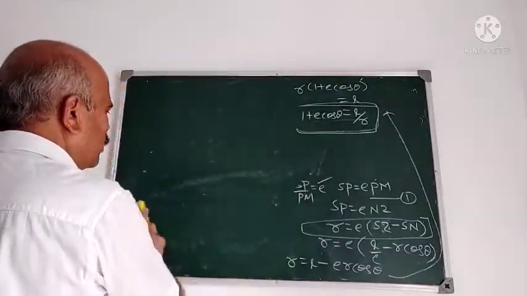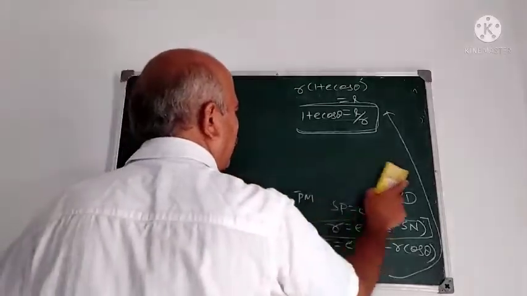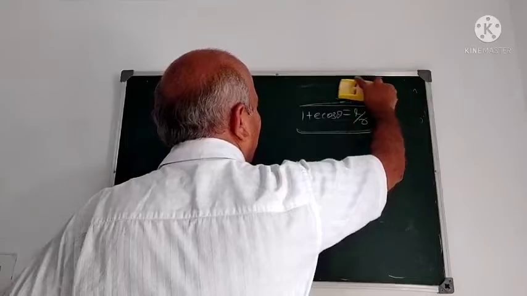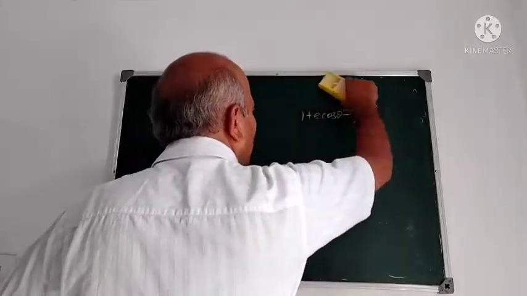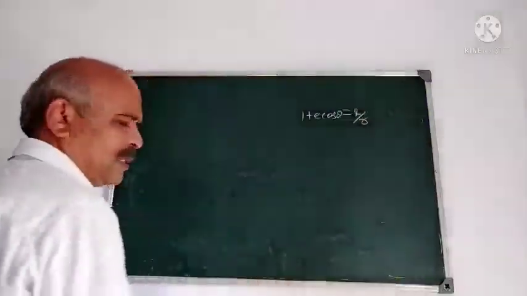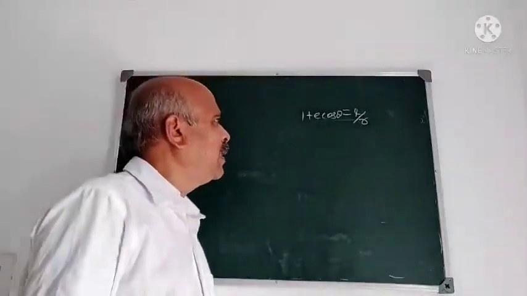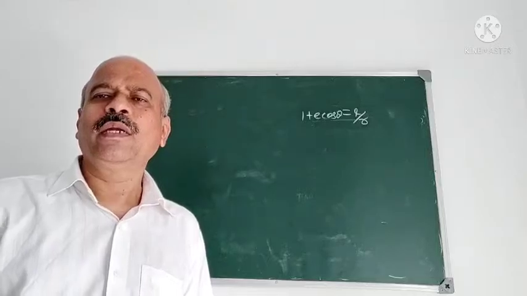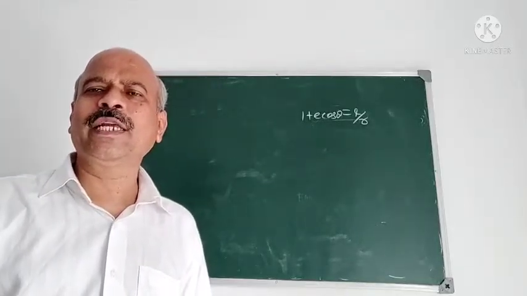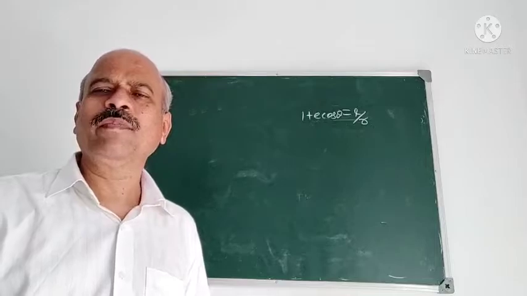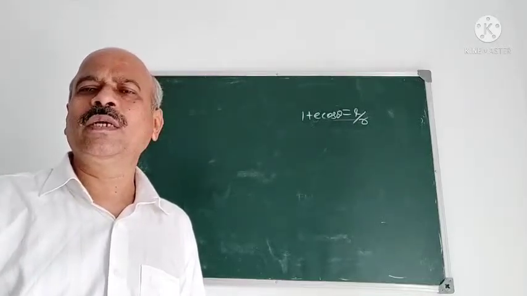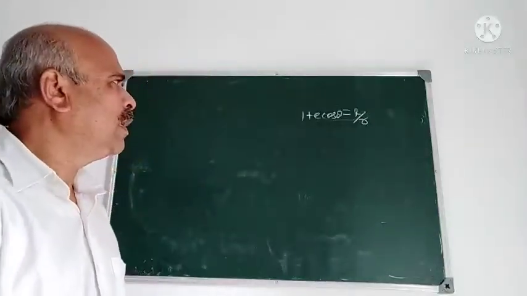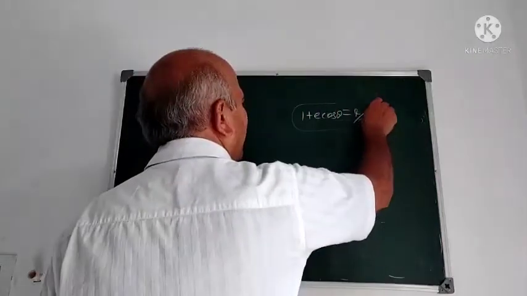I hope all of you understood the derivation here. Throughout the topic we use the equation of the conic section, l by r is 1 plus e cos theta. Depending on e, it may represent different conic sections, maybe parabola, ellipse or hyperbola. In PUC classes, while studying the Cartesian equation of the conic section, you separately derived equations of the circle, parabola, ellipse and hyperbola. But here, a single equation serves all that purpose.